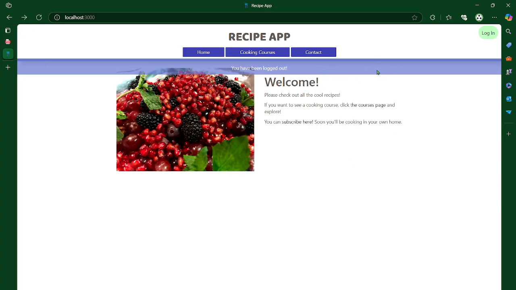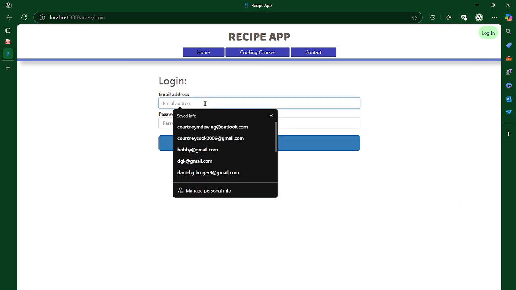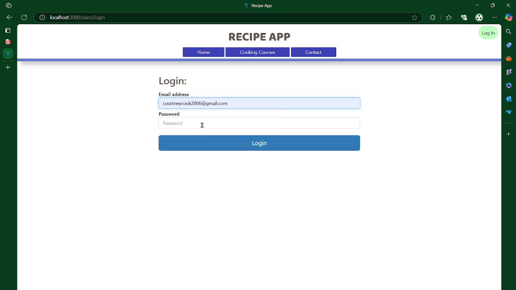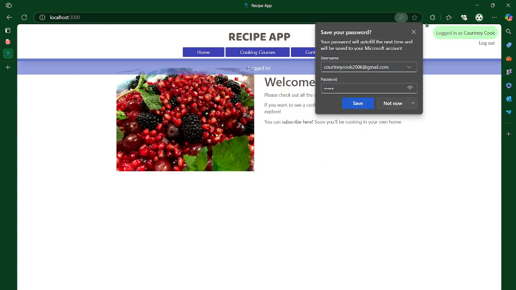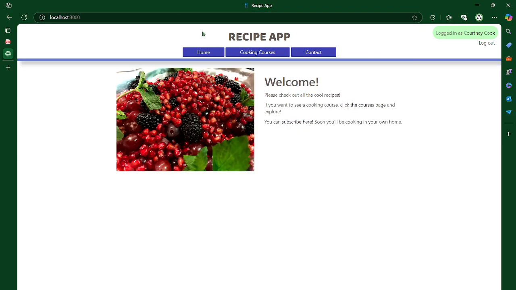So here you can see this is the recipe app. So far it's pretty much almost done, I'd say. What you're seeing here would be a flash message. Let me refresh and it's gone. Up here we have a login. Now I can click this. Let me use this one. I think it was this. Login. Now you'll see logged in, and it shows logged in as your username, or what you put down. So now if we go back home,